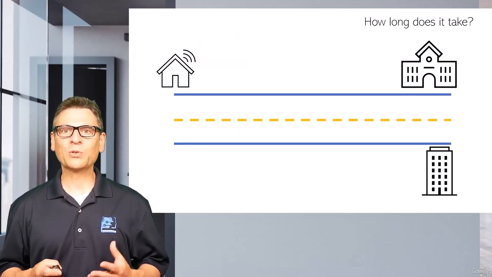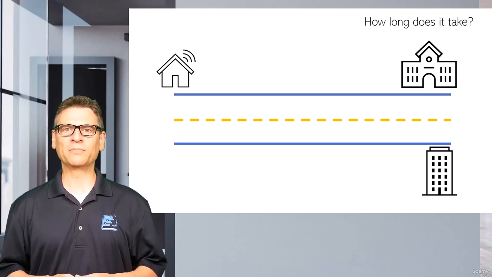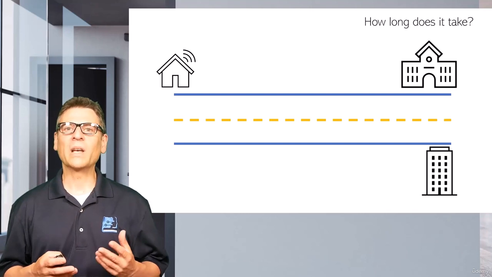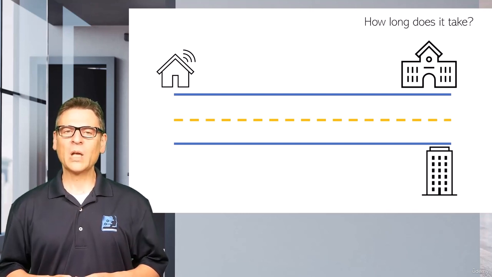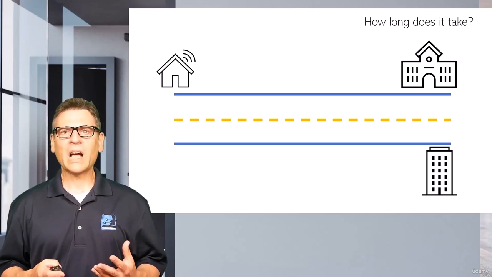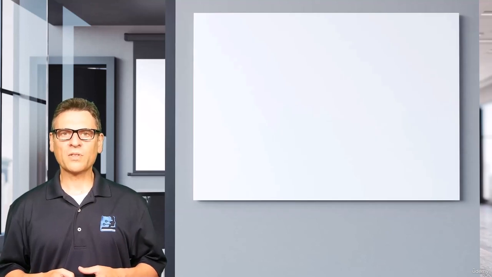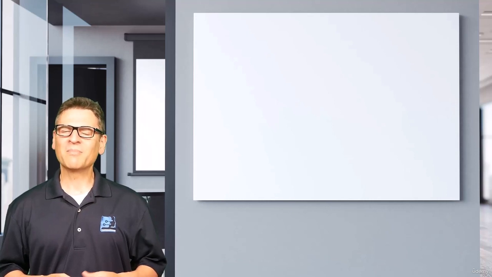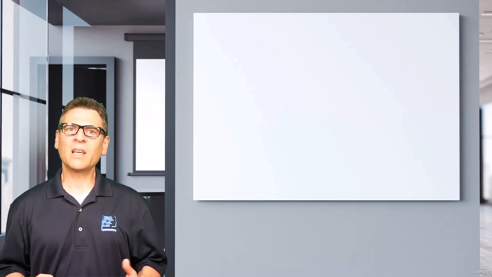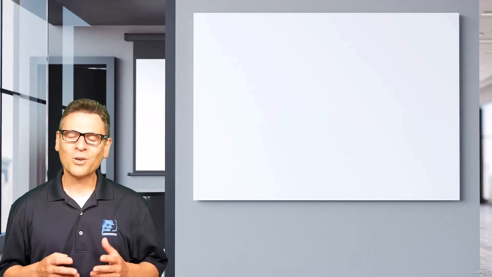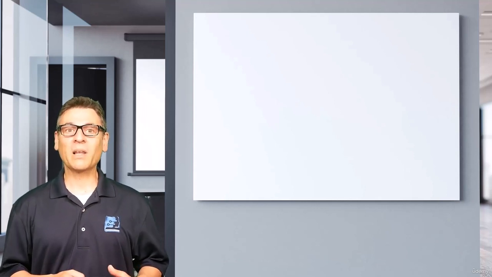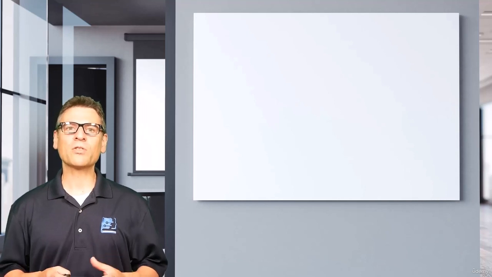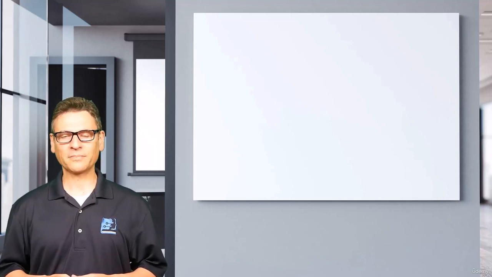How long does it take to go to your office or school? What happens to your thought process when I ask you this question? Well, probably you're recalling how long it took to go to the office or school, let's say last week, and your answer will be something like, on average it takes 25 minutes. Congratulations! You just applied a basic concept of descriptive statistics, called the measure of central tendency.